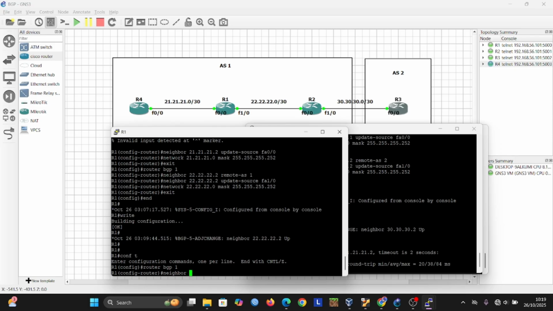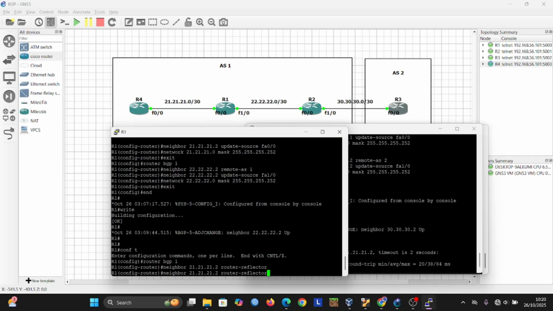First we configure router 4, and then you write route reflector client.